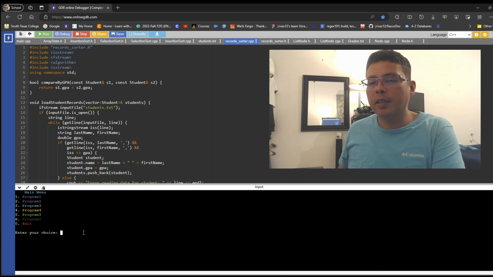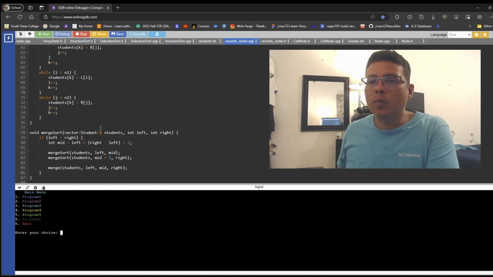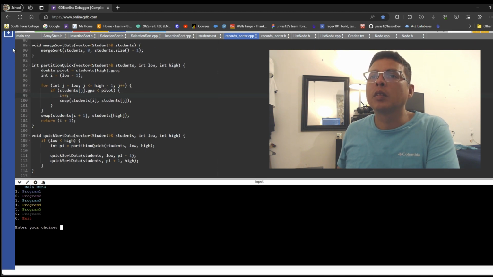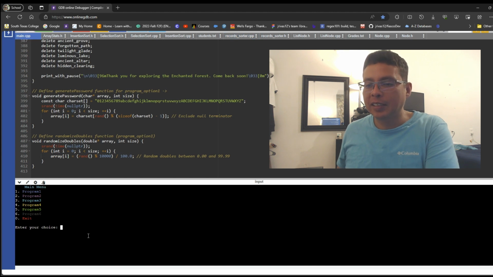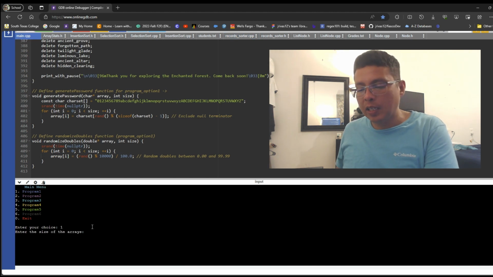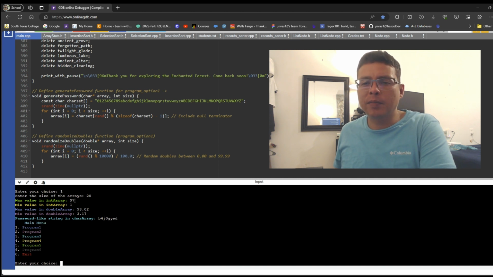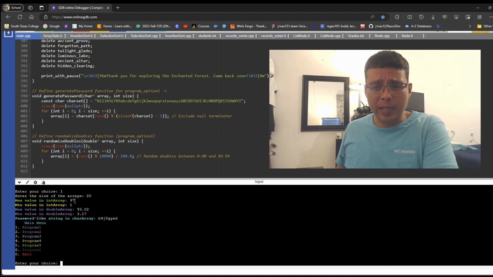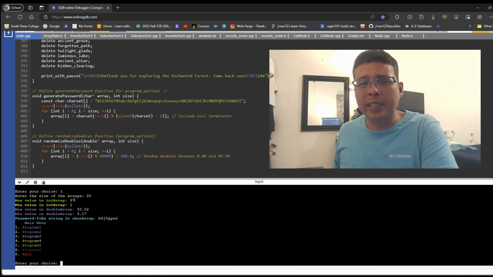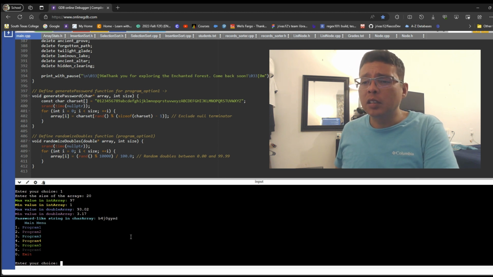So we start with option 1, which is program 2, lab 2, my bad. So 1, and this is using template classes. It displays a minimum value for an int array and a max value, as well as generates a password-like string using letter characters and numbers,